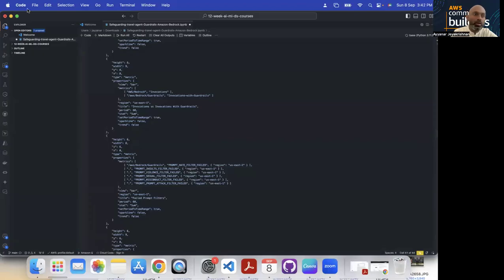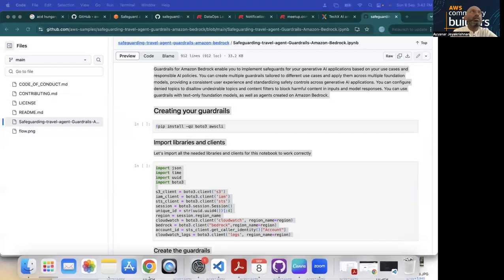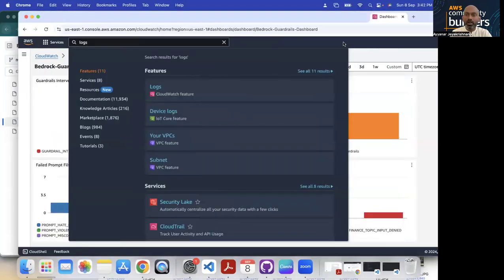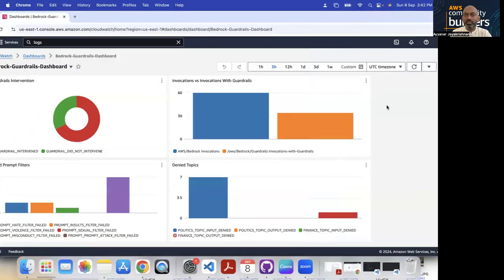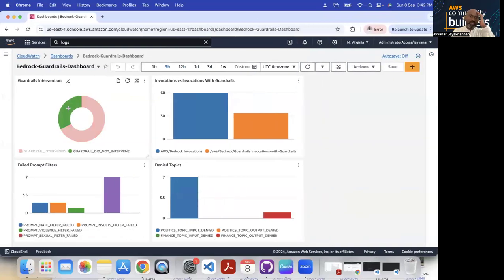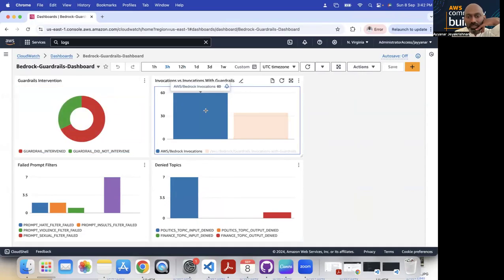Now let me go to the UI and do one more round of testing. Let me first go to the CloudWatch dashboard. This is a wonderful dashboard created as part of this GitHub code. You can see guardrail intervention, whether it intervened or not. The percentage intervened is more than 60% because we were testing the particular block.